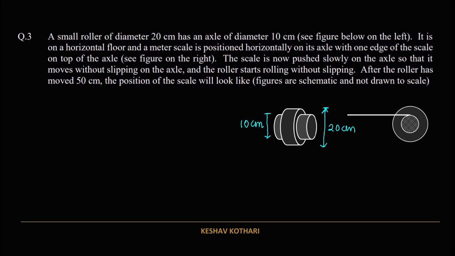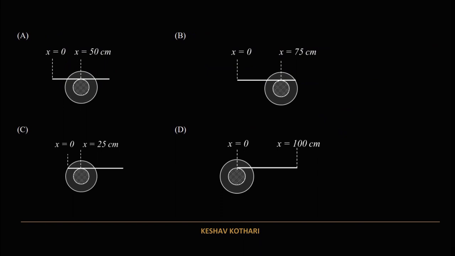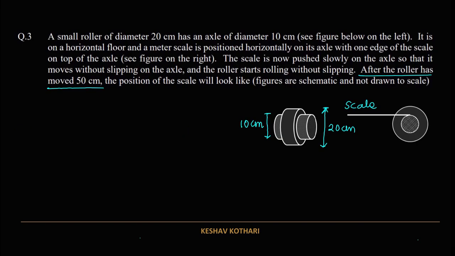So this is the scale that we have, and the problem is stating that the roller has moved 50 centimeter, and we are asked to find out the position of the scale, and over here four representations are given to us. So if we begin solving this problem, I am stating it in this way, that if I redraw a diagram over here,